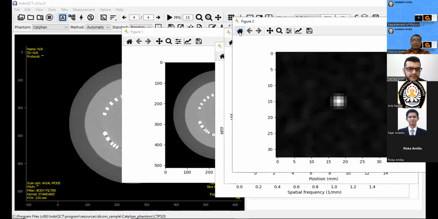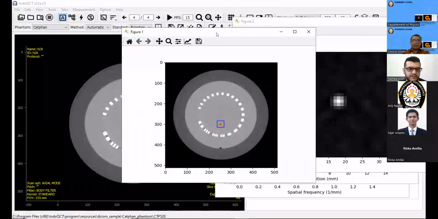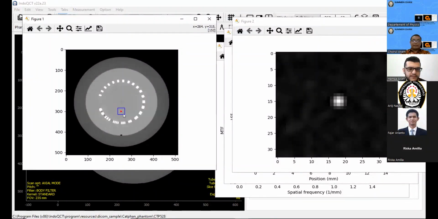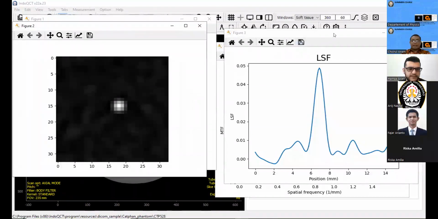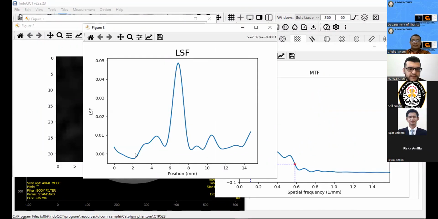This is our segmentation, our ROI in the point image, and this one is the cropped image of the ROI, and this one is the LSF. We can see here the LSF also has some fluctuation.